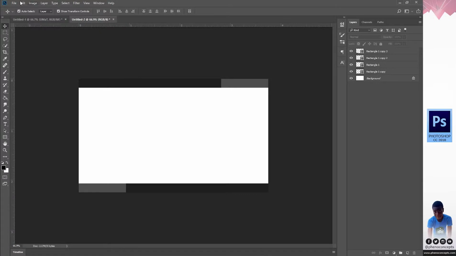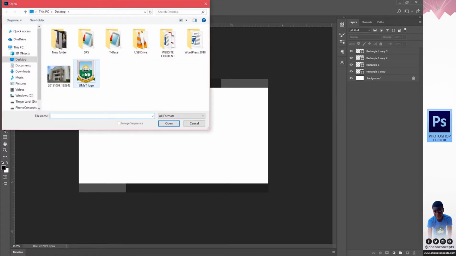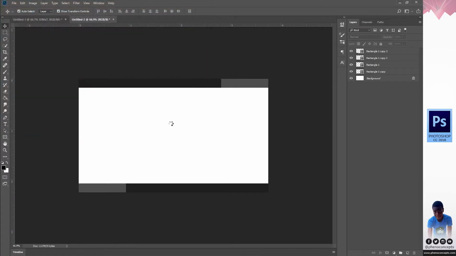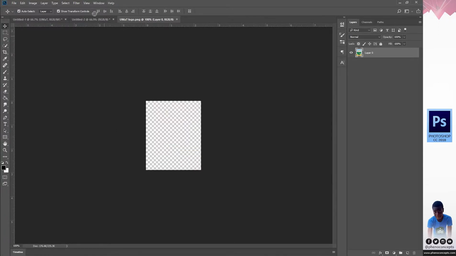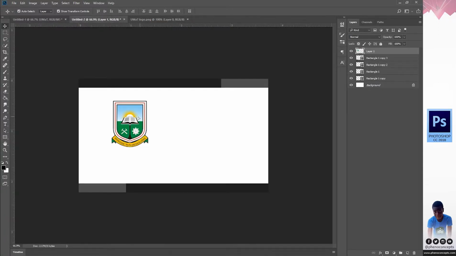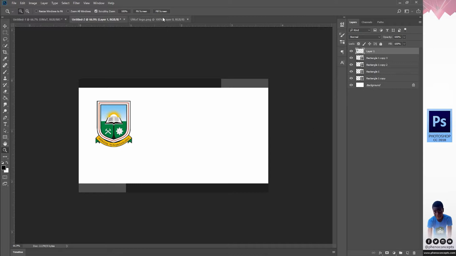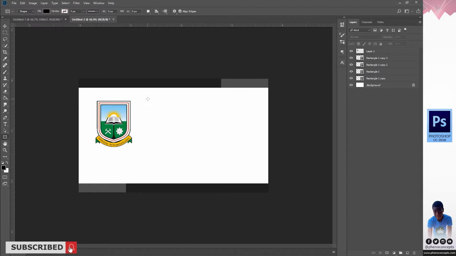So yeah, we are still going to be importing the logo. So I'll just click and drag the logo in here. I think like this is okay to me. Then I'll create a rectangle. You know what, let's use a line